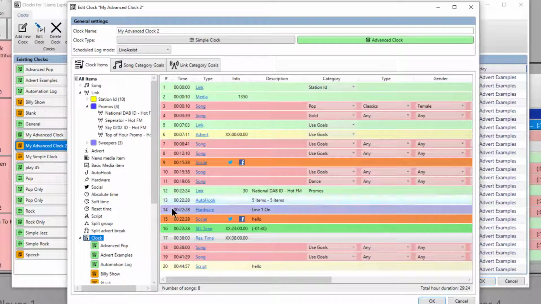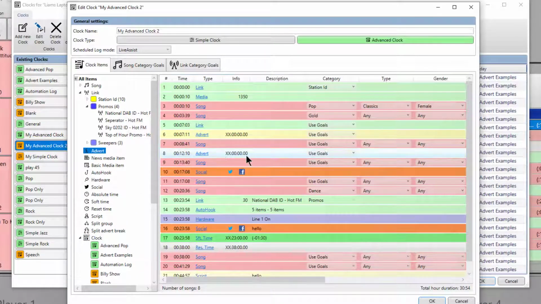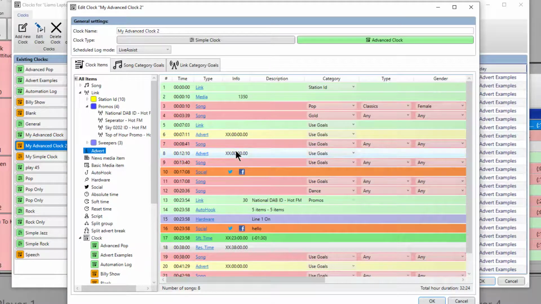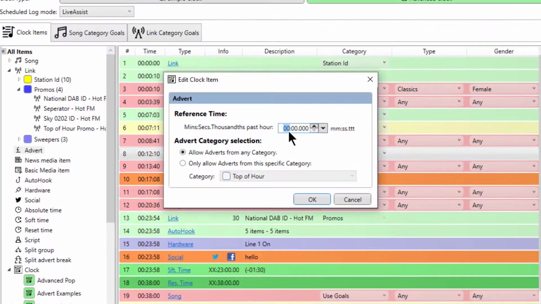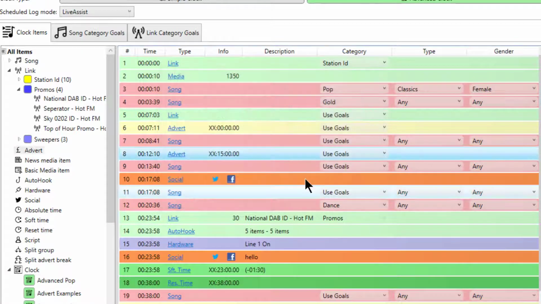And as I've been going through this, I realised I also missed out adverts, so let's pop that in as well. So adverts, you can put your advert breaks in where you need them to be. And if you're using an external advert scheduling system, you need to put a time reference in. So I'm going to call this one the quarter past advert break. And it will then,